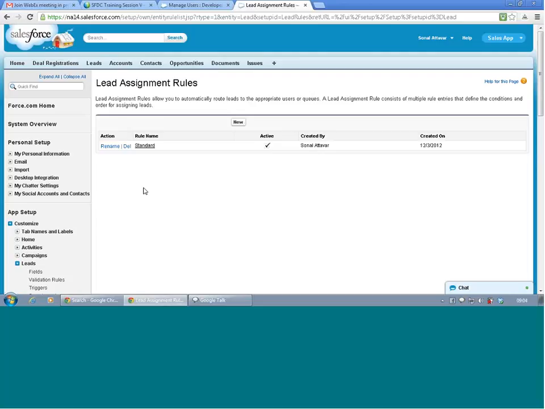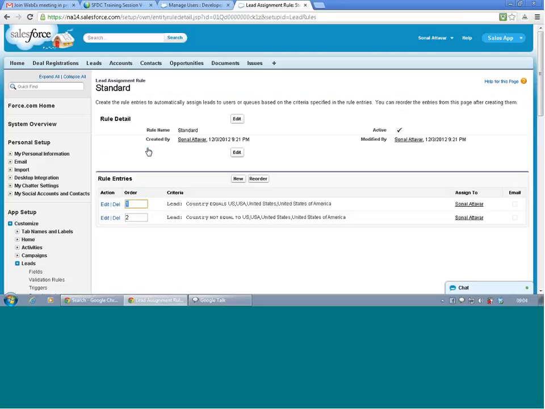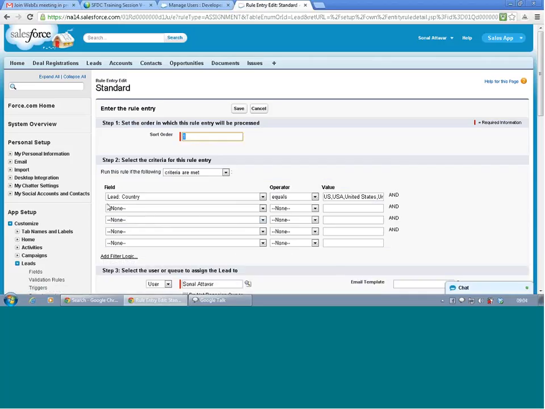So here we have a standard rule. Click the standard rule name, and the data we have here in your lead is the sales region. That is the key value we are going to use to determine the owner. So you can edit the first one. In the rule entries, the order is the sequence in which they are going to execute.